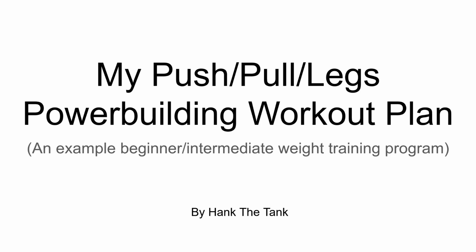So I run push-pull legs, which, as the name implies, you do push day, so chest and triceps and shoulders, and then pull day, back and biceps, and then legs, which is obviously legs. And then I rest on Sunday. So Monday, Tuesday, Wednesday push-pull legs, Thursday, Friday, Saturday push-pull legs, and Sunday rest. You can add in some more rest days if you want, but this is my plan, and here's my presentation